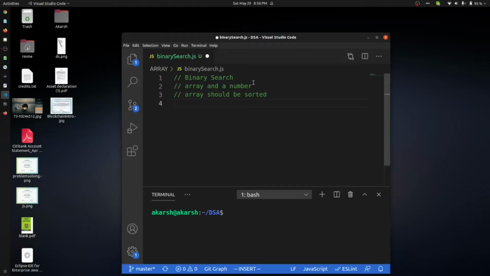So let's start with some explanation of this algorithm. Let's say that we are given an array: 1 2 3 4 5 6 7 8 and 9.